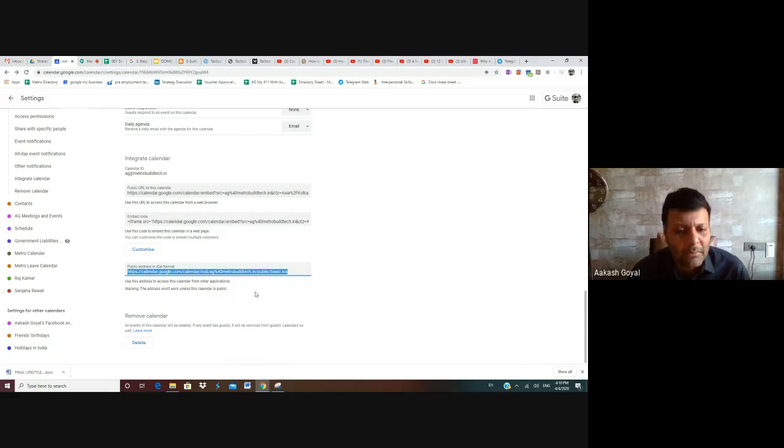If you want to integrate your Google Calendar and iCal, you have to share a public link of that calendar and enter it here, the public address in iCal format. So all the Google Calendar entries will go into your iCal also.